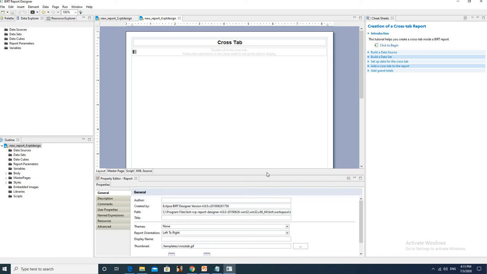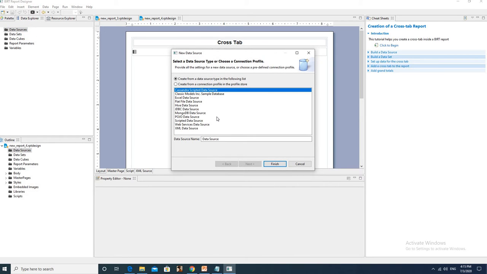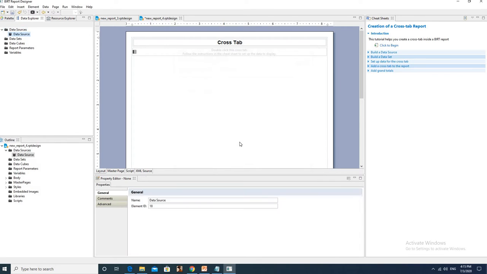Now we are going to add a data source. Right click on data source, click on new data source. Now select the sample database as Classic Models and click next, then click finish.